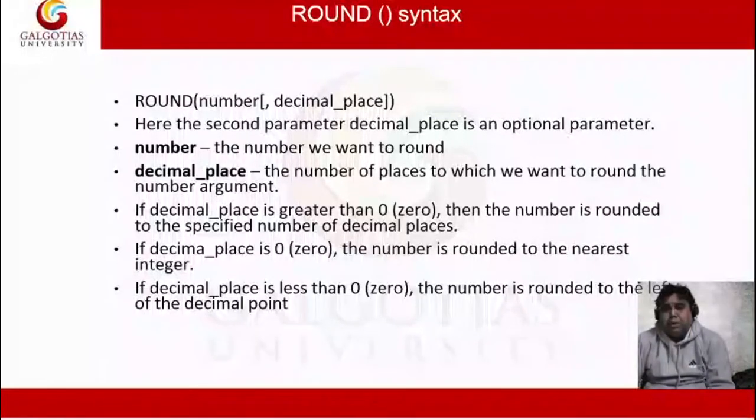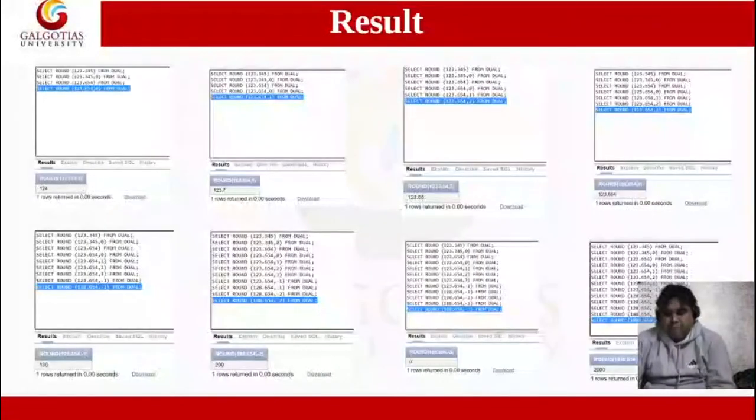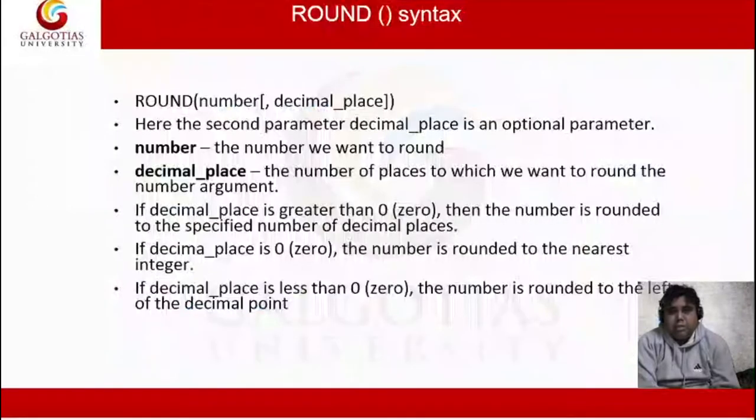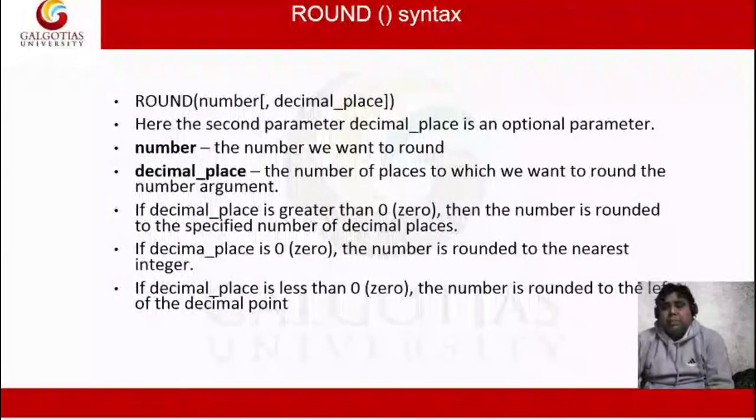Decimal place is an optional parameter, where number is the number we want to round, and decimal place is the number of places to which we want to round the number argument. For example, if decimal places is greater than 0, then the number is rounded to the specified number of decimal places.